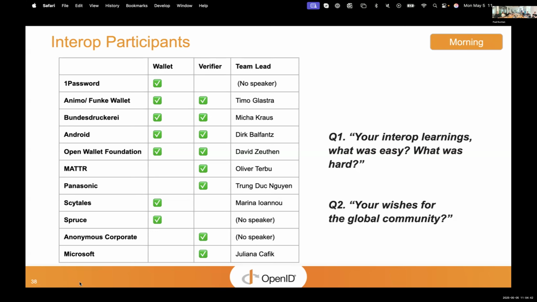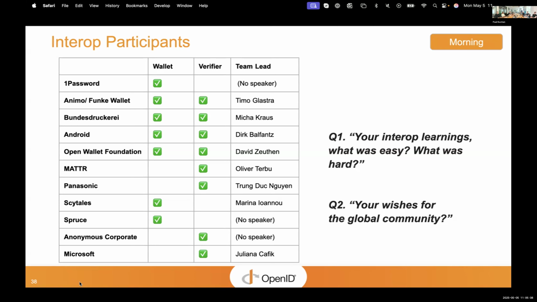At Bundesdruckerei, we have already implemented the OpenID for VC tech stack over the last years and are also actively contributing to the stack, so we were very familiar. What was new is the implementation of the DC API, but I think it was really straightforward.